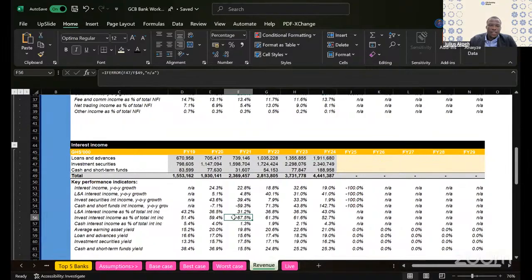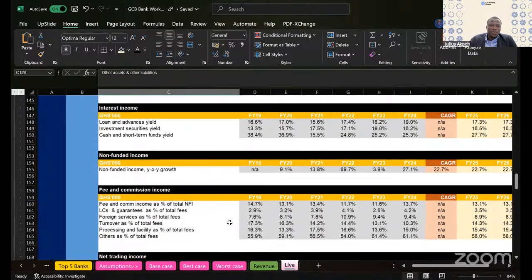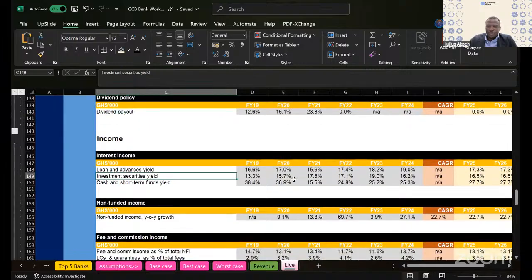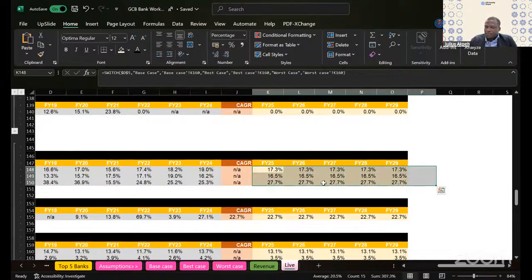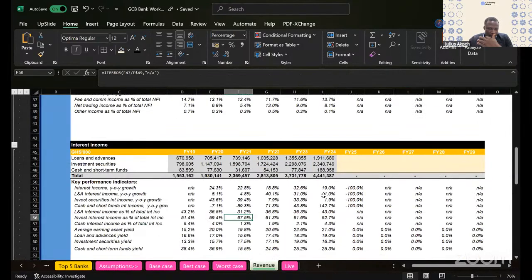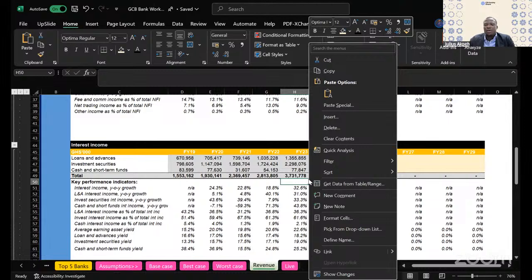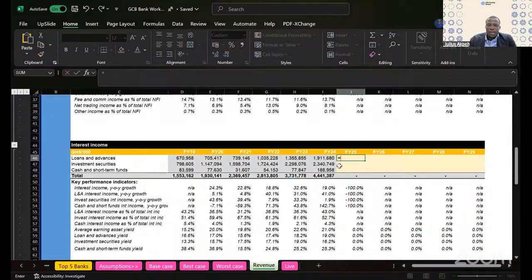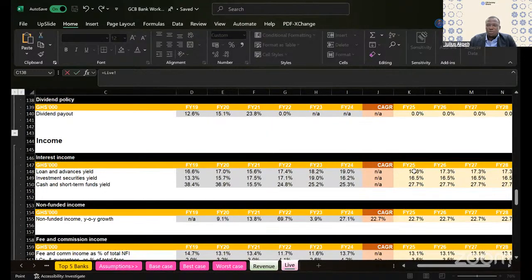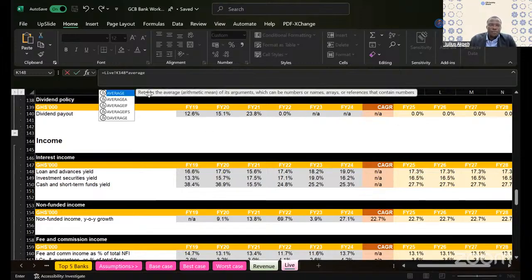You see, I told you that the forecast of interest income will be based on the yield, right? The average yield will be the basis for the forecasting of interest income. How did we calculate average yield? It is the interest income divided by the average of the opening and the closing balance of the asset in question. Good. So when we come here, we are going to the live sheet, and on the live sheet, we're going to pick the loan yield and multiply it by the average of,